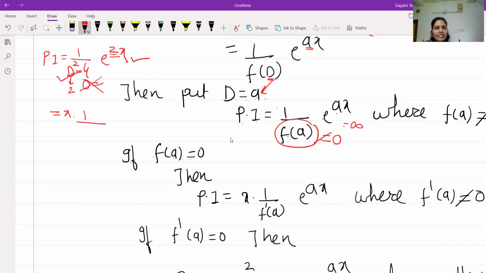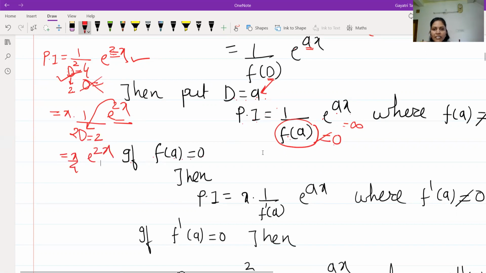या डिनॉमिनेटरचा काय घ्यायचा? डेरिव्हेटिव्ह. आणि डेरिव्हेटिव्ह will be with respect to x. So what is the derivative of the D square? Twice D. 4 is the constant, so its derivative will be 0. And then परत एक्सपोनेन्शियलची मेथड अप्लाय करा. काय म्हणते एक्सपोनेन्शियलची मेथड? Put D equals to a, that is put D equals to 2. So what is the final answer? x by 4 e raised to 2x.